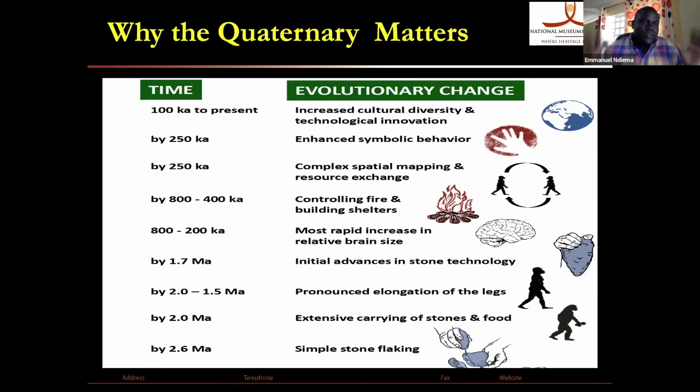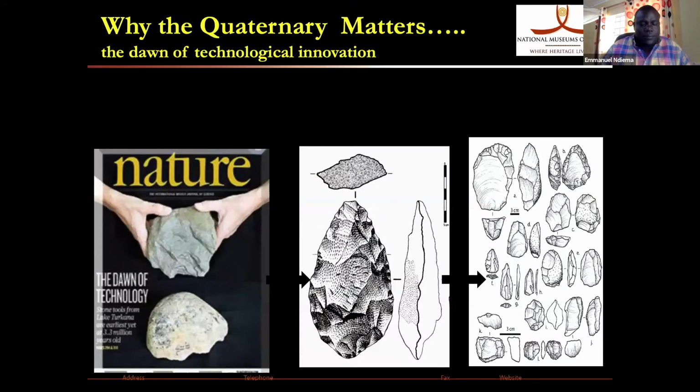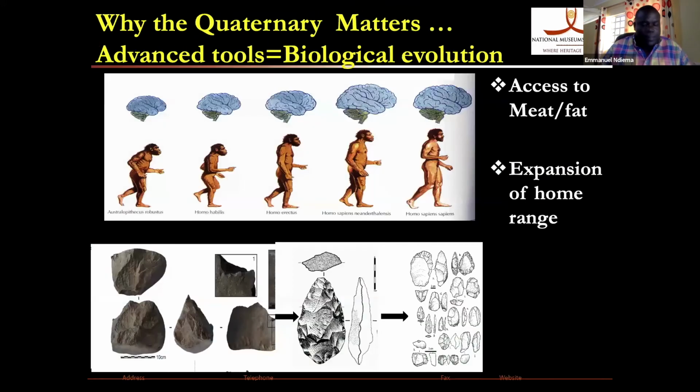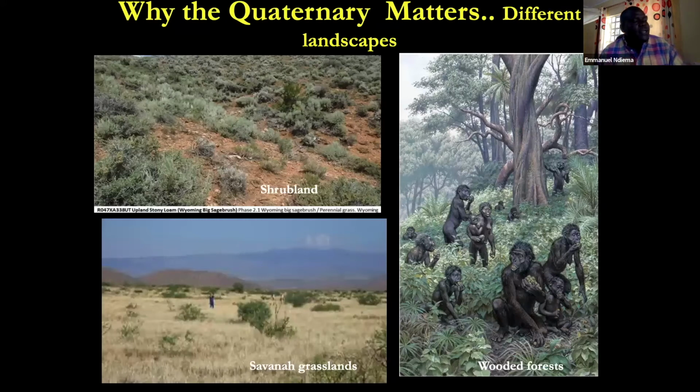So within all these dynamics that are happening within the quaternary, in that essence, that's why the quaternary is really important. It's a really important time frame because we know that it's within this environment during the quaternary that the climate variability resulted in changes in environment